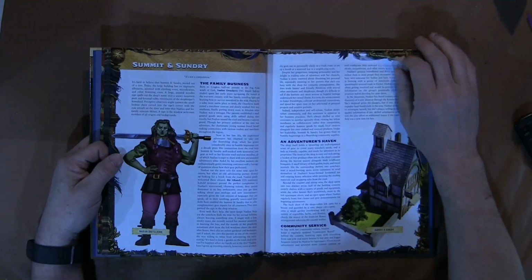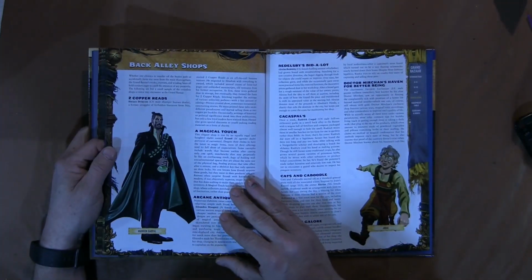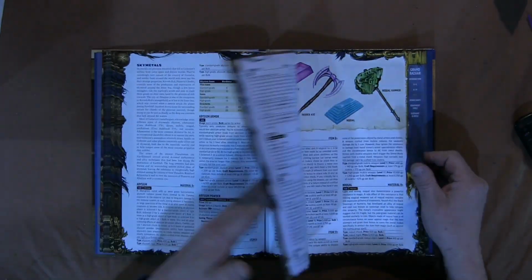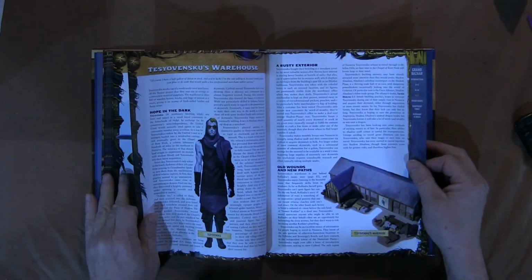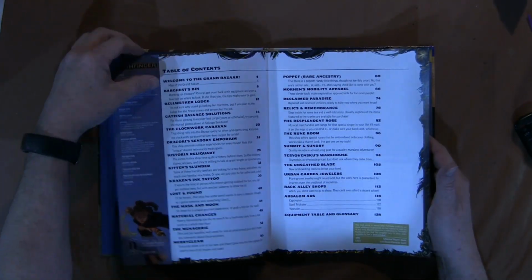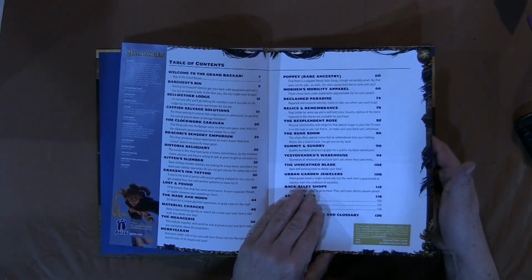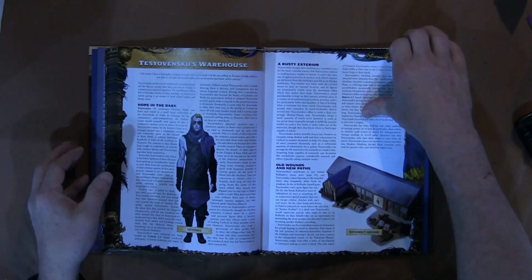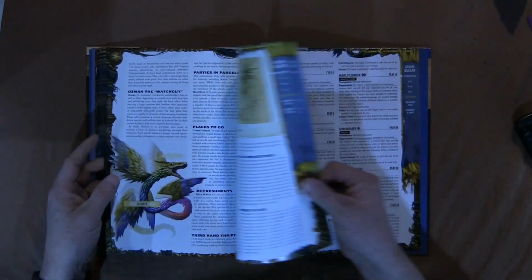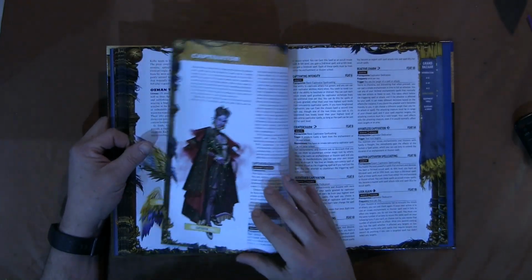And then the last one that I noticed, the one that I had a lot of fun with, was, where is it? Absalom Ads. So Absalom Ads is a mail order shop. So they don't even have to have a physical location. What they do is they send you self-help kits, basically, for lack of a better way of saying it. And they have given us three